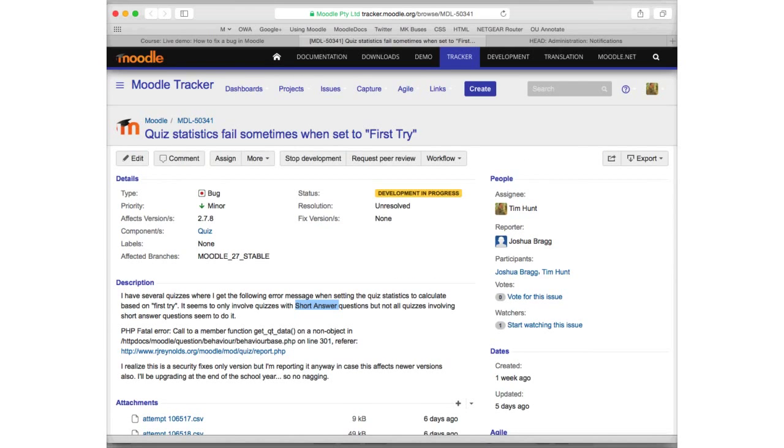When bugs come in, they're normally in an unassigned state, and actually because I started thinking about that, I've already assigned it to myself and marked it as development in progress. The other thing we should do,